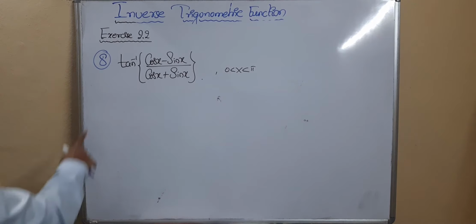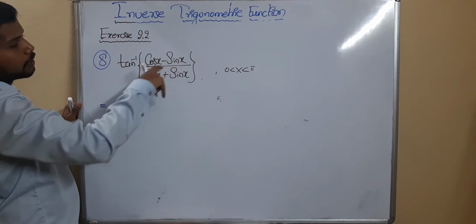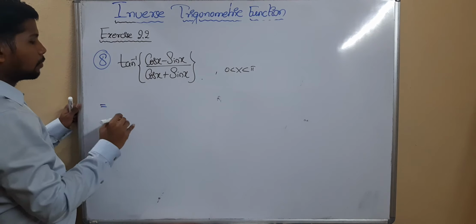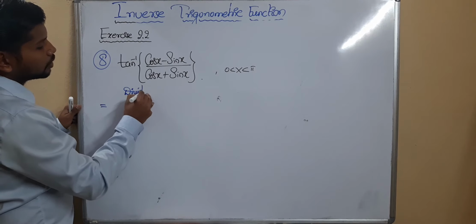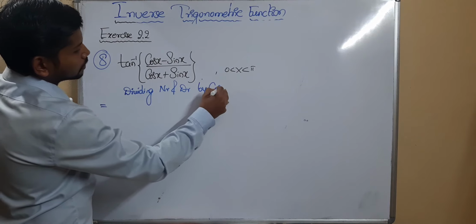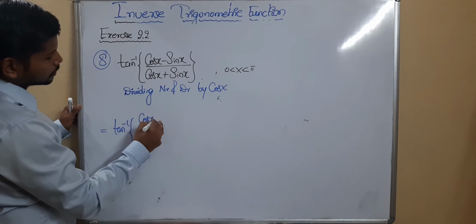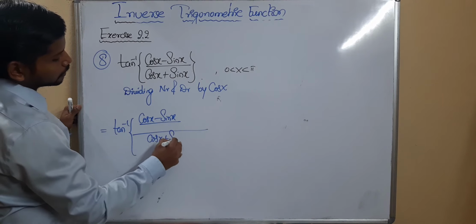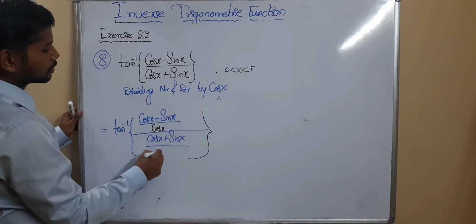Observe the next one, the 8th one. We need to write the simplest form. We know that tan inverse of (x minus y) divided by (1 plus xy). In 1 plus xy, in this position I require 1 to convert to the formula. To make this 1, I need to divide the numerator and denominator by cos x. Now it will be tan inverse of, the numerator will be cos x minus sin x, and the denominator cos x plus sin x. Concentrate on the board. I need to divide by cos x.